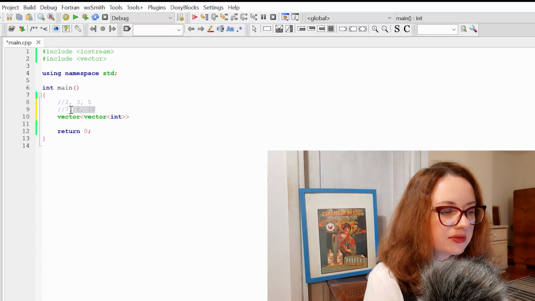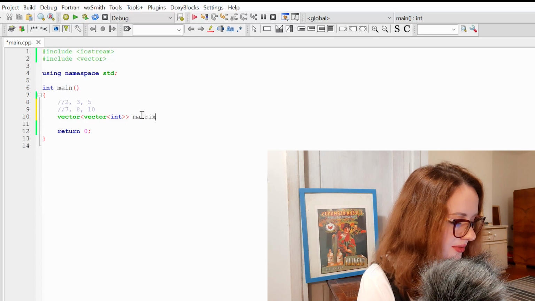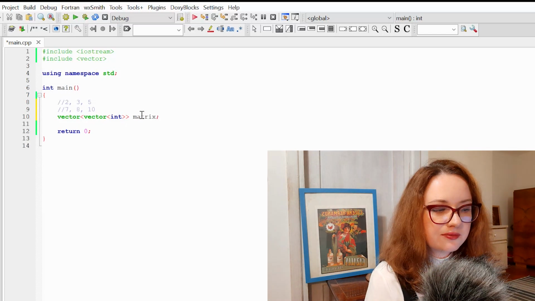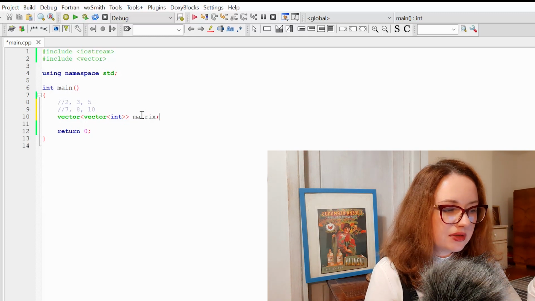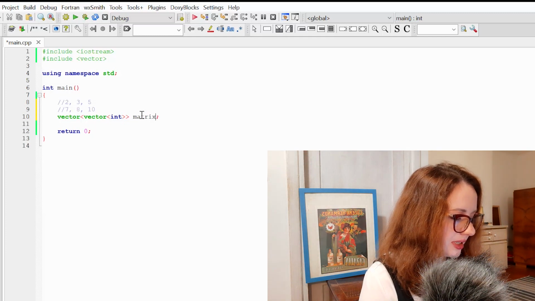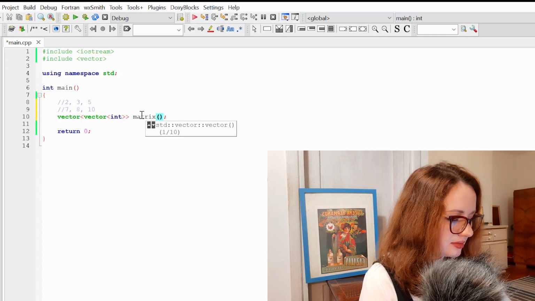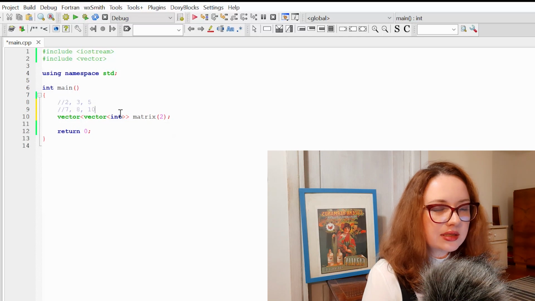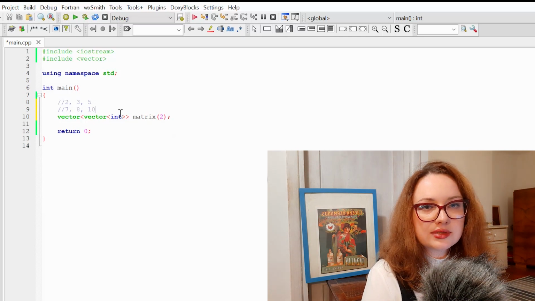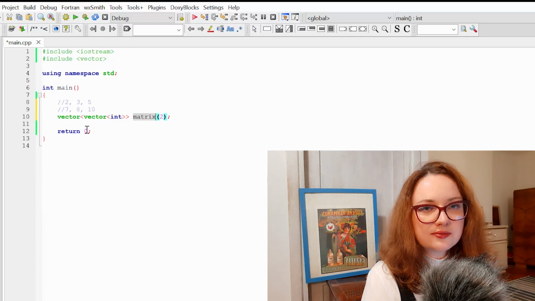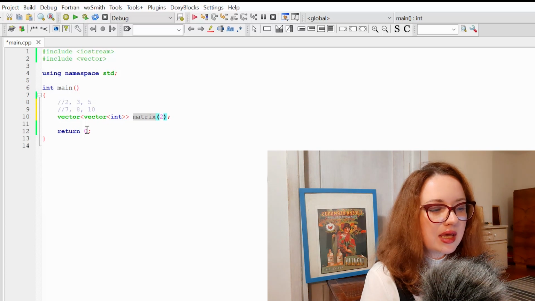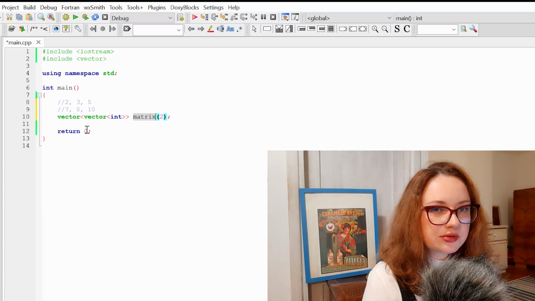And second vector will be 7, 8, 10. So if I declare my vector of vectors like this, once again I will have just empty vector. If I'm going to write here the size, let's say size 2, in this way I declared a vector that contains 2 empty vectors. So now I have vector that contains 2 members. First member is empty vector and second member is also empty vector.